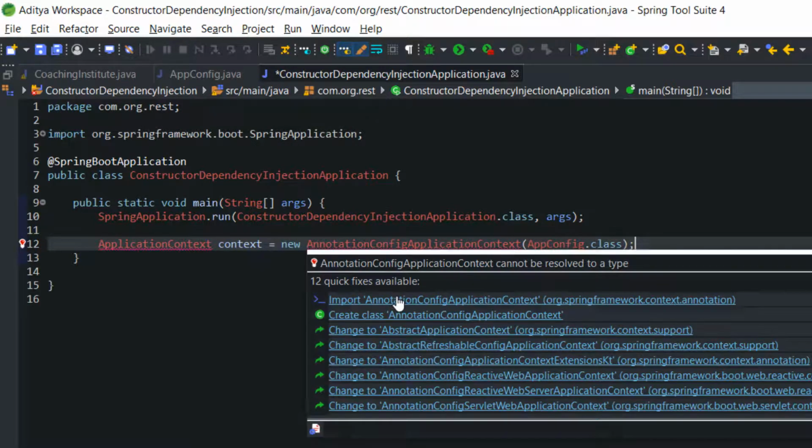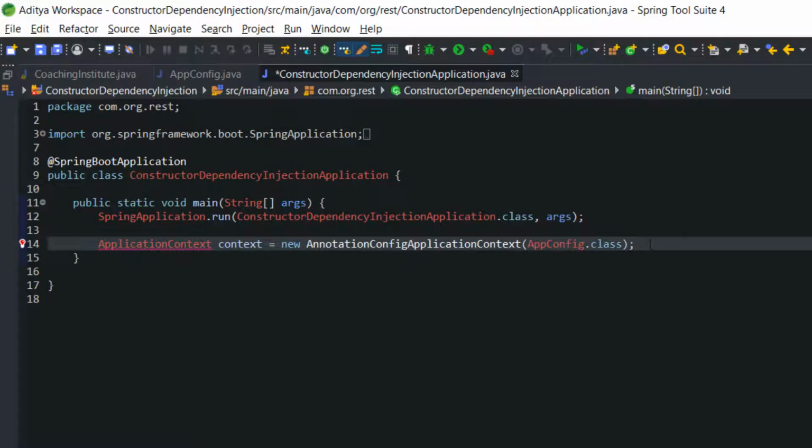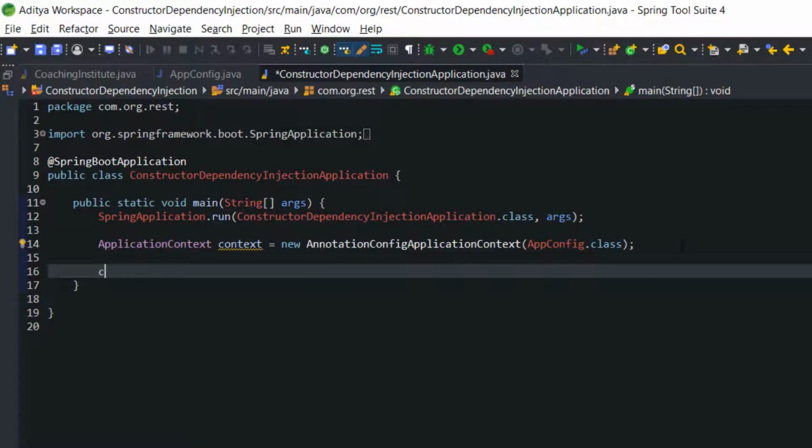Let's import these class files. Job is done. Now let's set coaching institute.